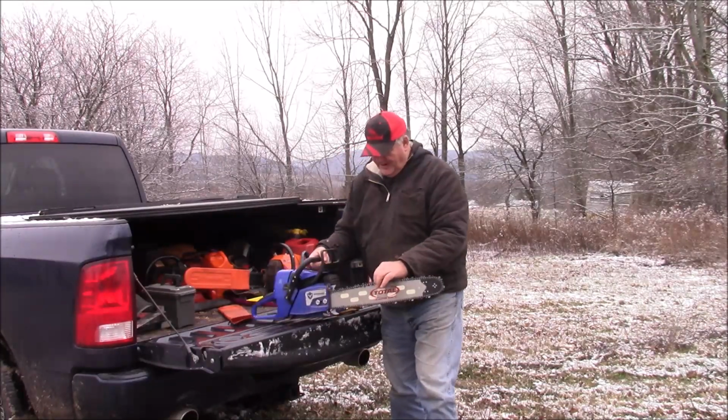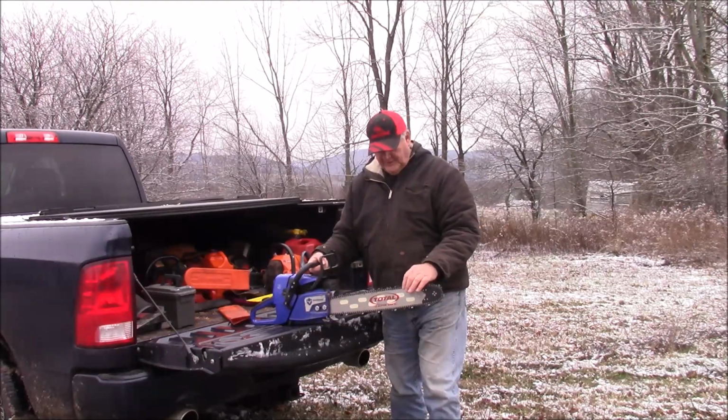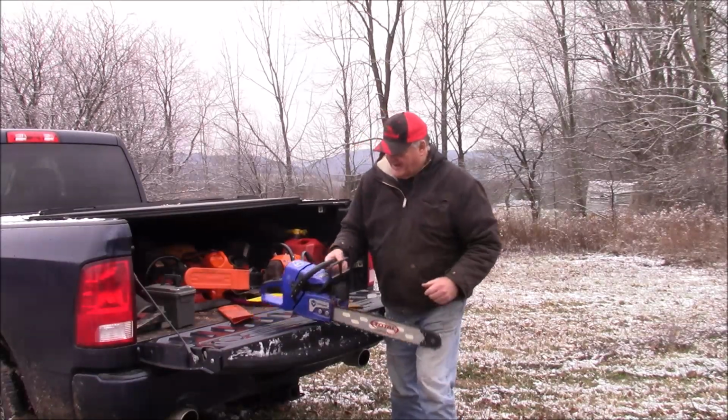Put a nice bar on it. I'm trying to use up these Dumara based bars because their tips are a little bit weak. Good chain, that's an ELX chain. And what I did was I got an OEM